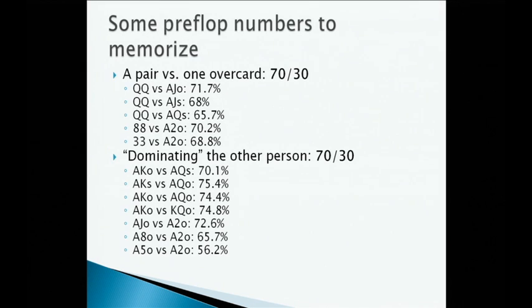One thing to keep in mind is ace 5 off against ace 2 off is barely a favorite at all. So it's nowhere near as good as ace queen off against ace jack off. Anyone have an idea why that is? Right, exactly, yeah. So the 5 and 2 are going to get counterfeited. The 5 kicker is going to get counterfeited a lot more often because if 4 cards on the board come that's higher than 5, the 5 is going to be irrelevant. So yeah, that's a good thing to remember.